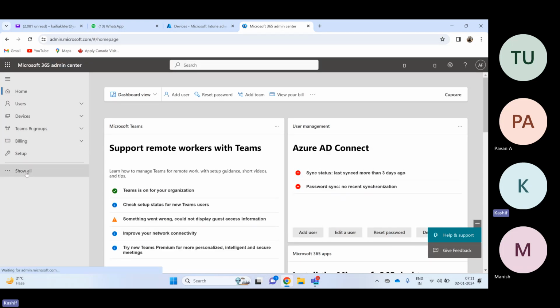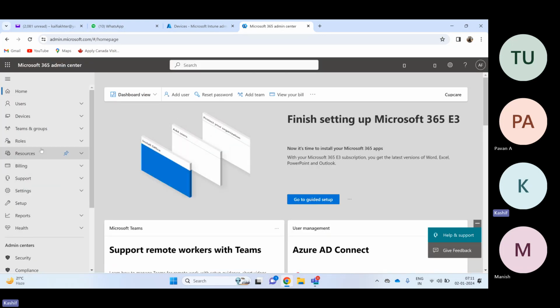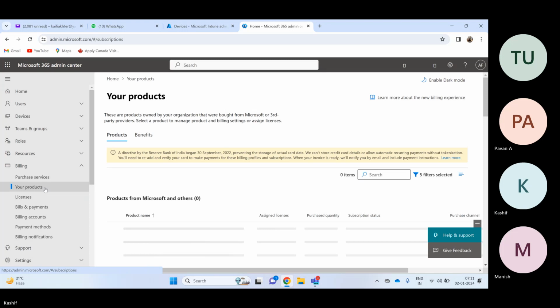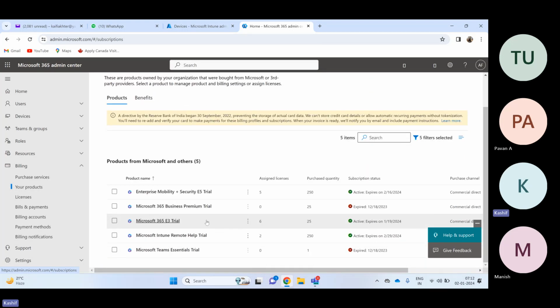Now here, if I expand show all and billing and then your products, I got an E3 license, I think. Yes, this is the license I have taken. So either you have to have this license for Windows Autopatch or